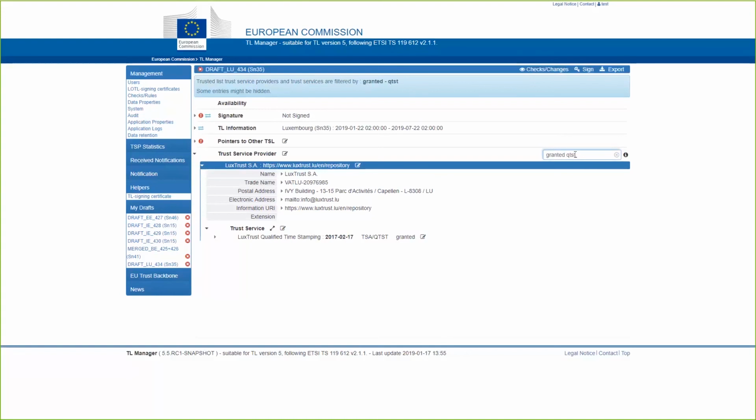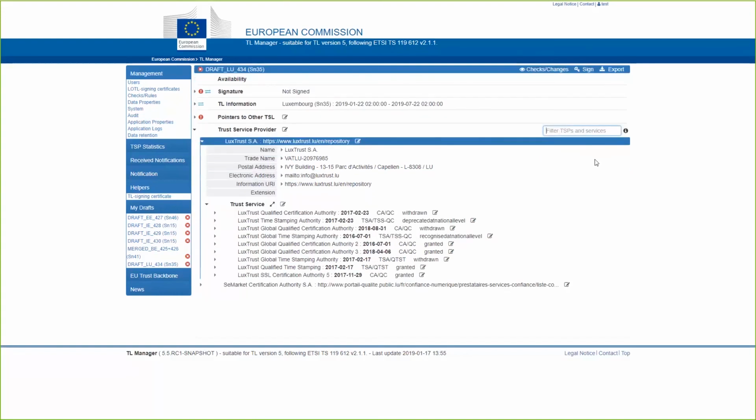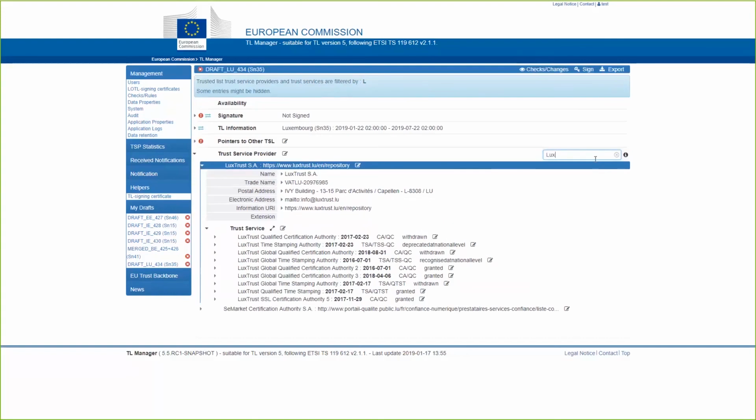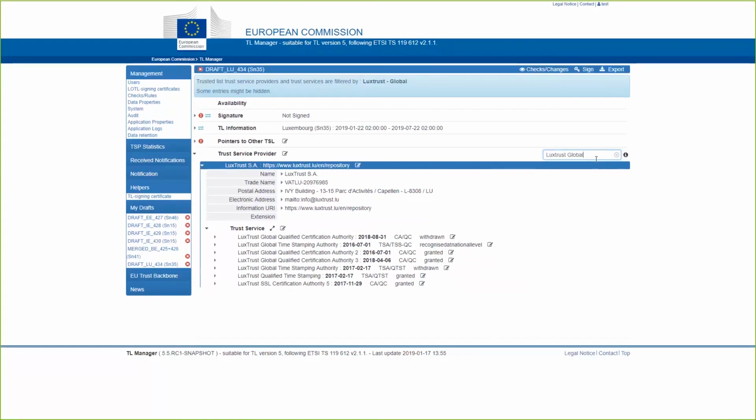Please bear in mind that when you type different words, there is actually an AND between the two. So now we are searching for granted and QTST. If you want to search for the exact wording granted QTST, then you have to quote it. Let's illustrate that with LuxTrust qualified. You see, LuxTrust global works because they are matching.